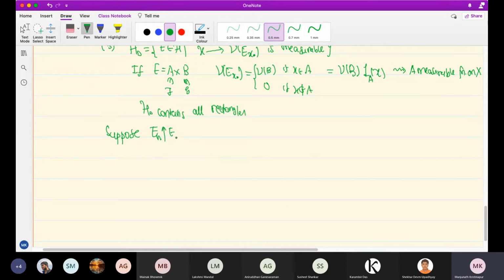So let me say what works. Countable unions is difficult. So if the E_n's increase to E, then E_n x dot certainly increases to E_x dot, right? All the sections will also be contained in one another because the sets themselves are contained, and then they will increase to E_x dot. This is easy. And nu of E_x dot is the nu of,